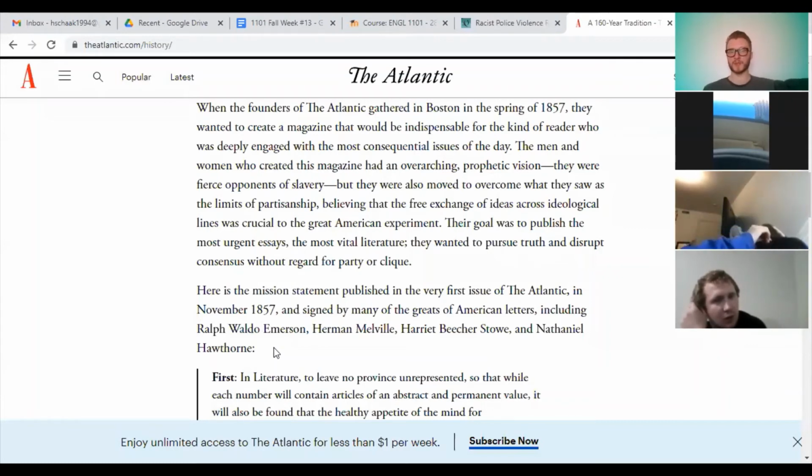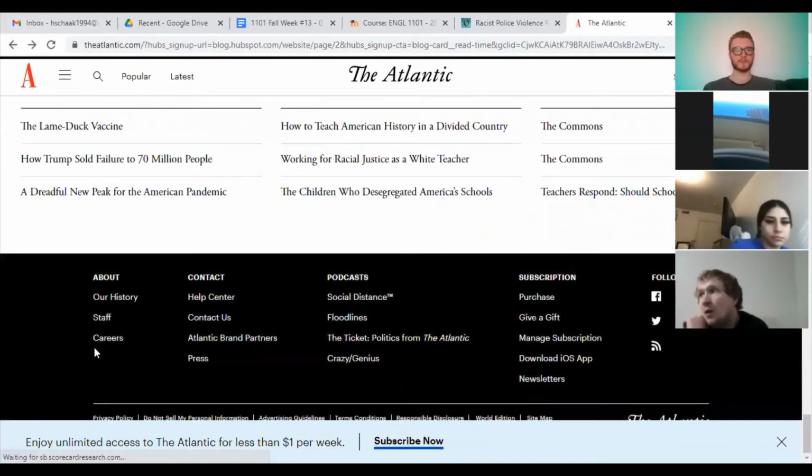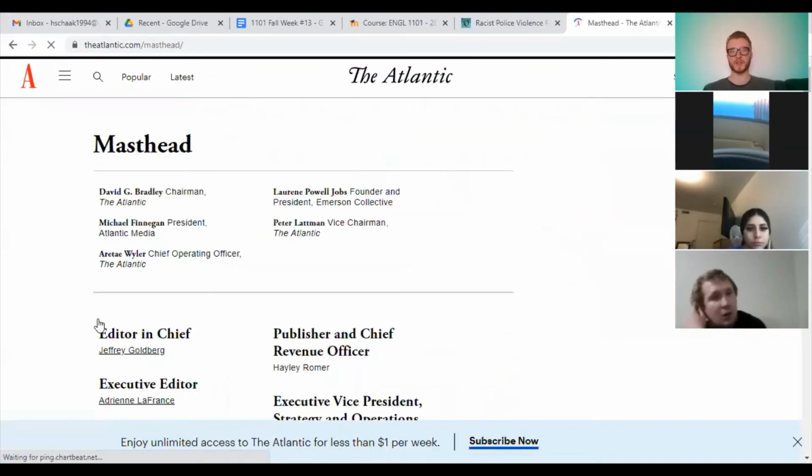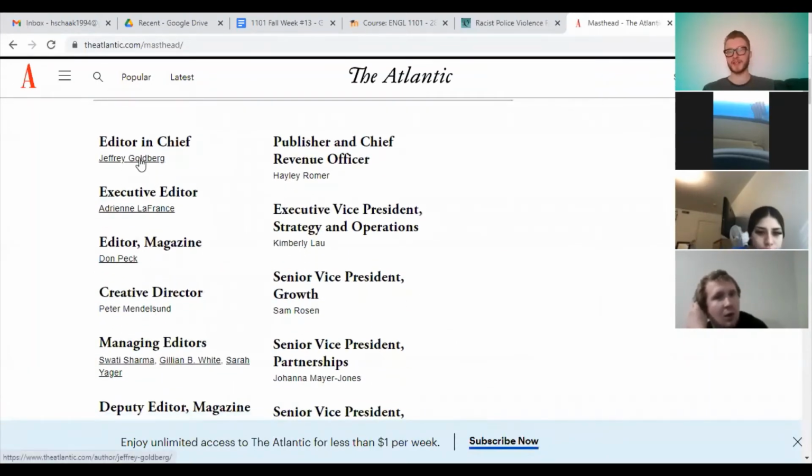We had 4 of them signing off on this magazine, so they have really strong roots. If you go back and look at who the staff is, you'll notice that for this website they list who the staff is and they have links to each person's biography. Good sign, right? When you click on each of these links, you're going to find all of their credentials listed,